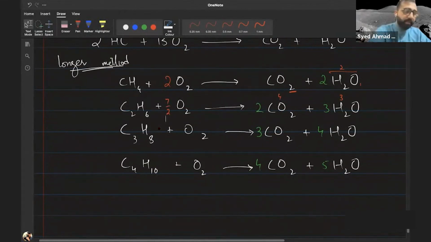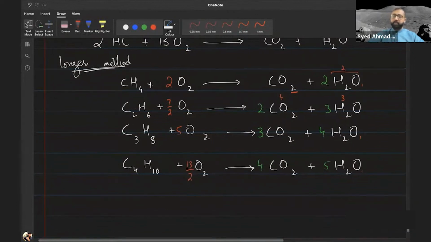And you can write fractions, you can write decimal points, don't worry about it। ठीक है, आप कर सकते हो। All right, now what about this one? I have 4 here because 1 times 4 is 4 and 2 times 3 is 6, so 4 plus 6, 10 on the right side, 2 on the left side, 10 plus 6, sorry, 10 divided by 2, oh god, 5 oxygen मेरे पास आ गई। And then I have 5 here because 5 water, and I have 8 here, 13। Interesting, I was looking for 13, but I have 13 on the right side and 2 on the left side, so 13 divided by 2। There you go, मेरे पास आ गई बैलेंस इक्वेशन है।